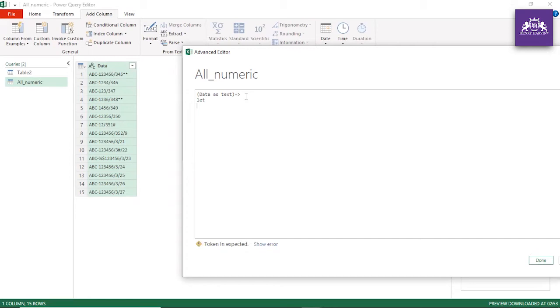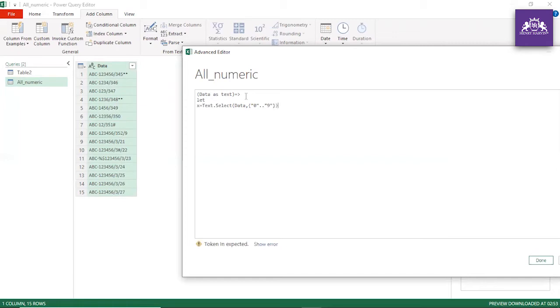All right, now you have to define another variable called x, and now you have to mention Text.Select. Here you have to put data, which is your variable, and in curly brackets you have to mention 0 period and then 9. All right, and curly bracket and then close the bracket.